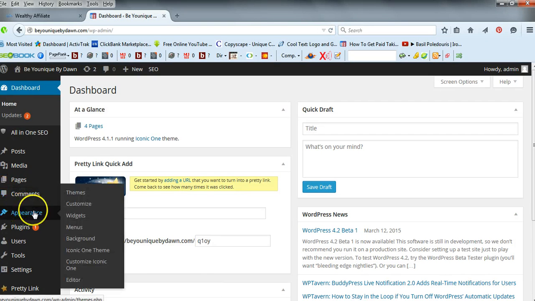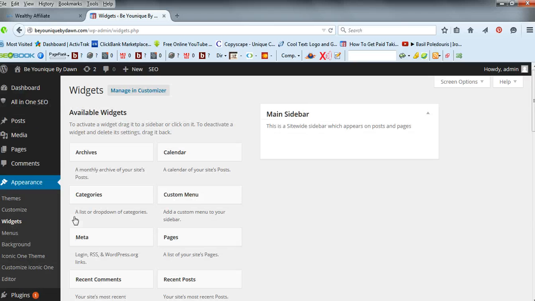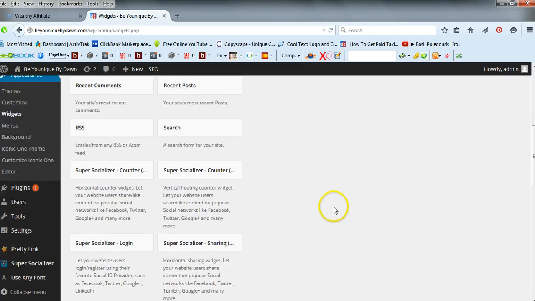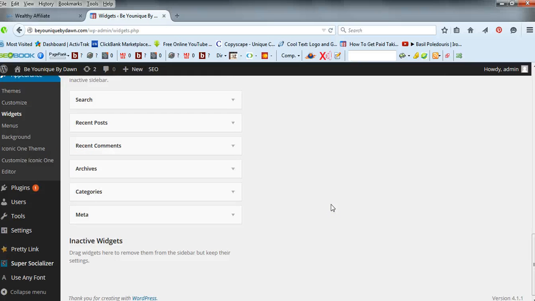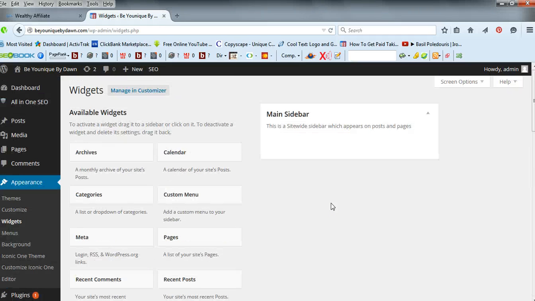Now, how we mess around with those, if we go widgets, which come under appearance, we've got, this is a site-wide sidebar which appears on posts and pages. So until something ends up getting filled in there, you're going to get like a default set of menu options on the side. Now, what we want to stick in is a custom menu on the side, really, and a